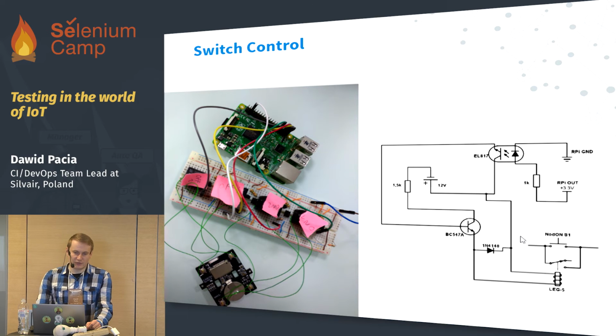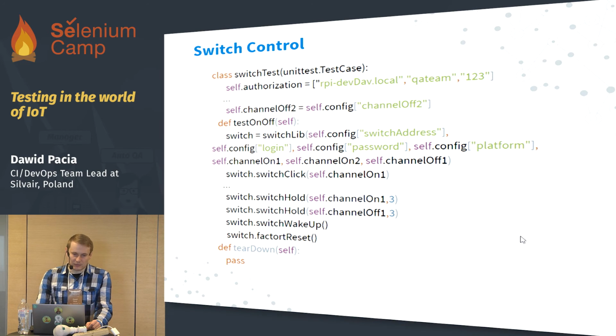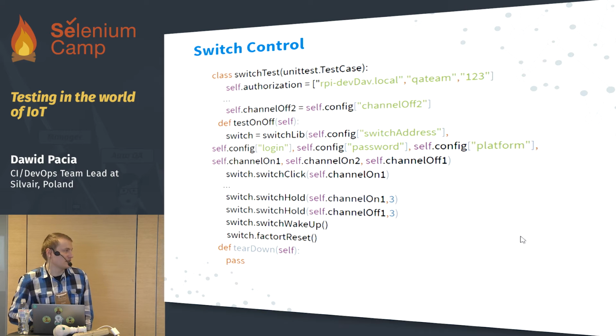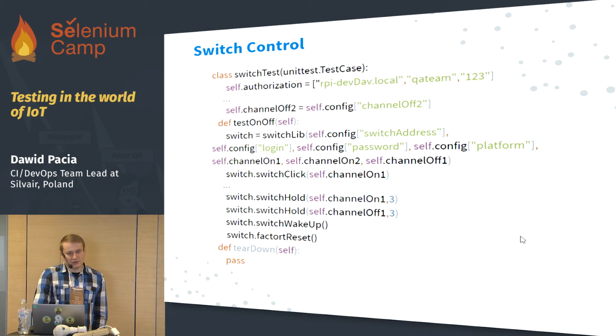And how it looks in the code, it's really simple. Just implement the class and configure the proper channel, like the pin number, to the channel on the switch. And then you can easily create some methods like on bulb, turn on the channel, turn off. You can hold the channel to increase the lightness or change color. Or you can, for example,